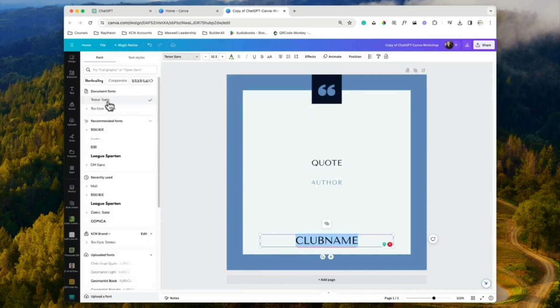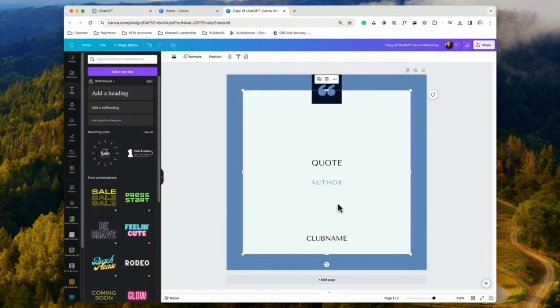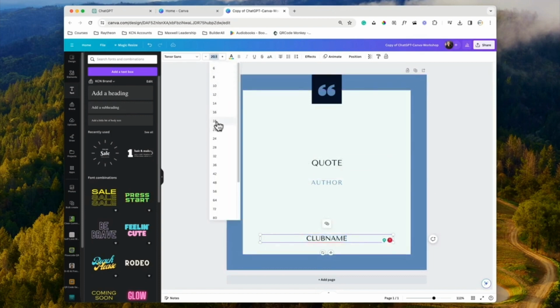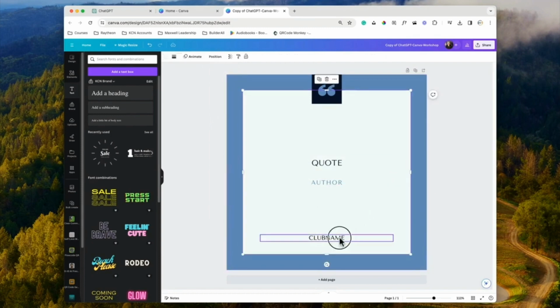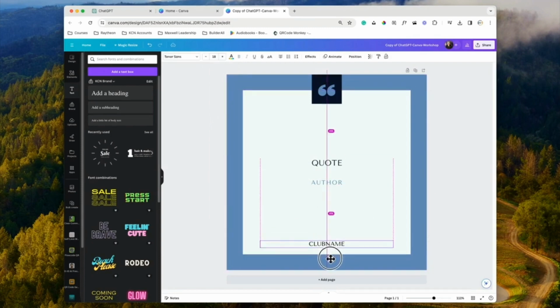And as you can see, it knows which ones are in there. And I want to lower the font size. I don't want it dominating. Just make sure we have it the same size. So 18, and we'll just make this 18 also. And we'll move it down to where it's just above this and centered. And now we're ready to go.